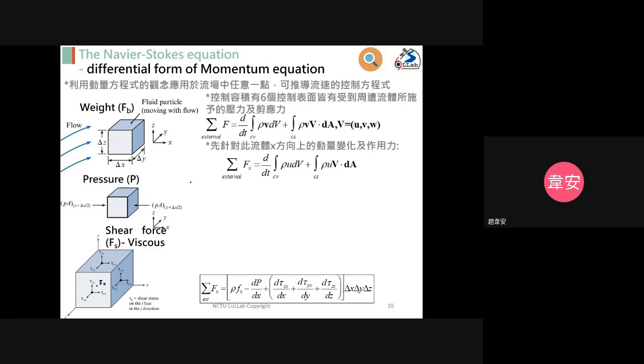So if we consider the x direction for the shear force, sorry, we consider the x direction, so tau x, and the surface is on the right and left along the x direction. So tau x right is equal to tau x zero